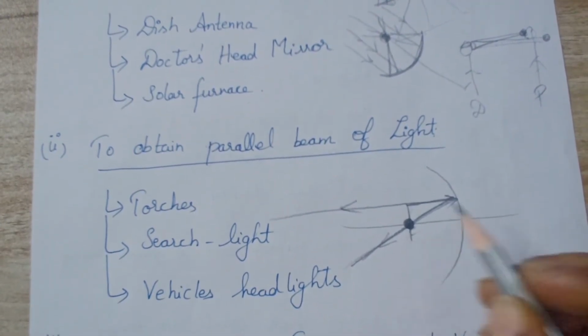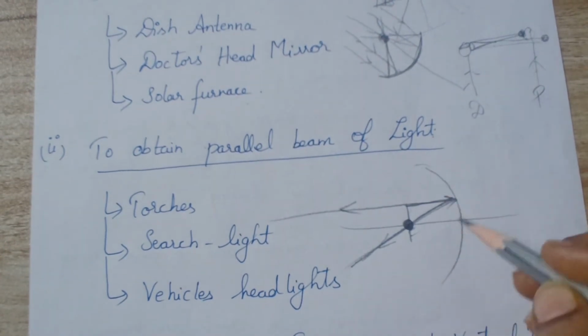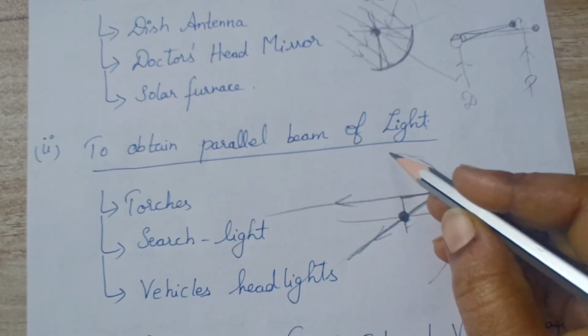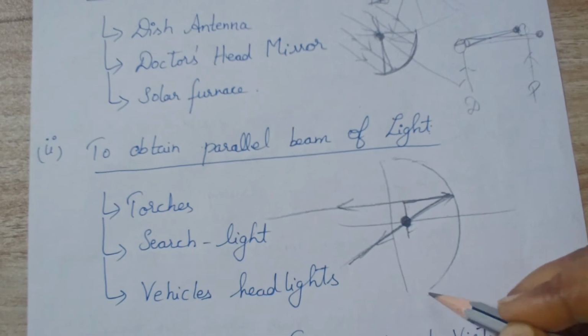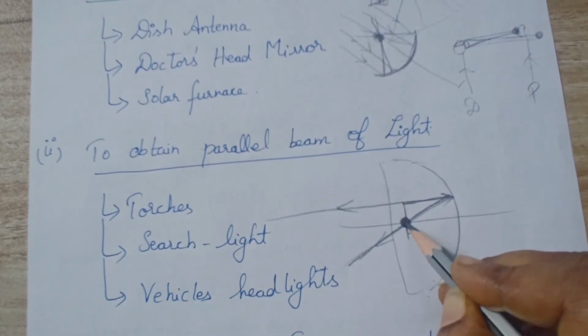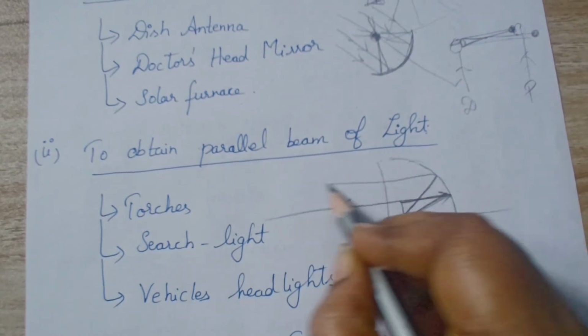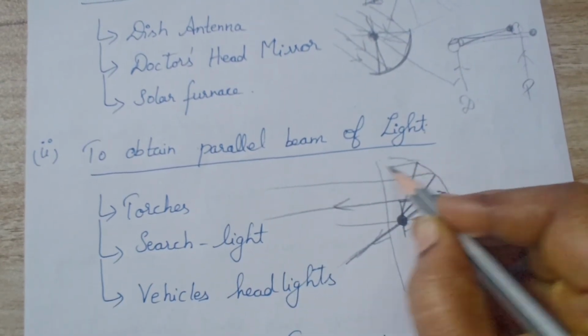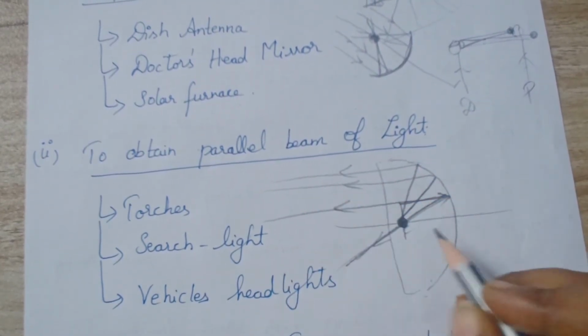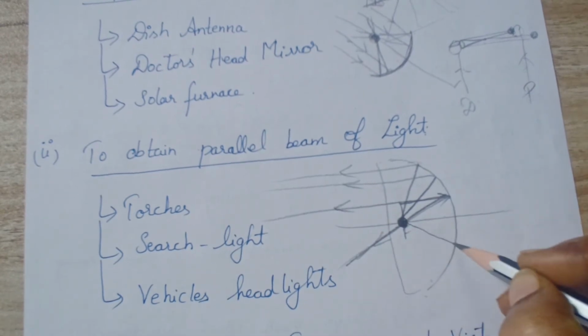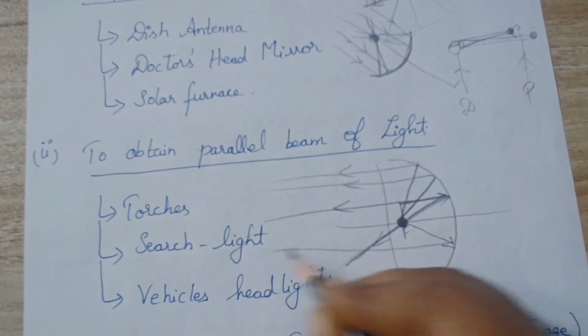So if you keep your torchlight like this, this bulb is kept at the focus point. It will strike the mirror and it will be reflected back like this, and you will get a parallel beam of light,